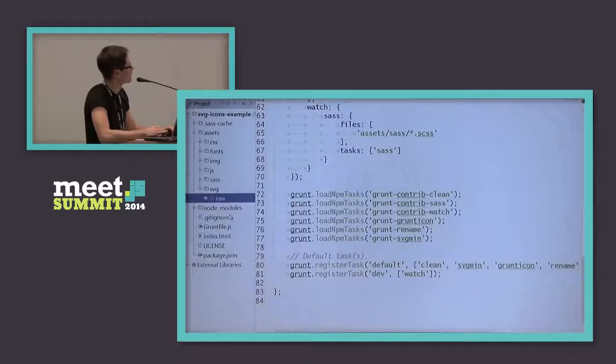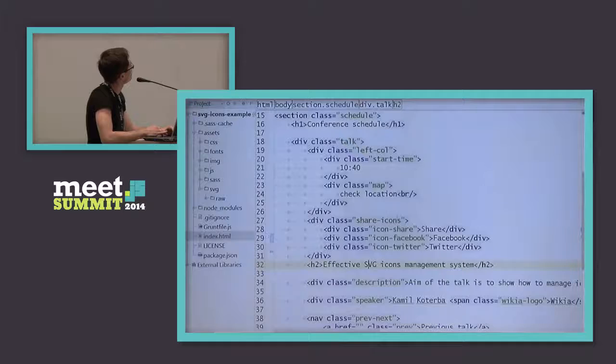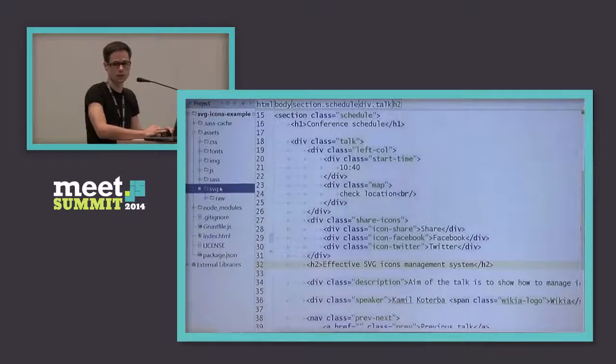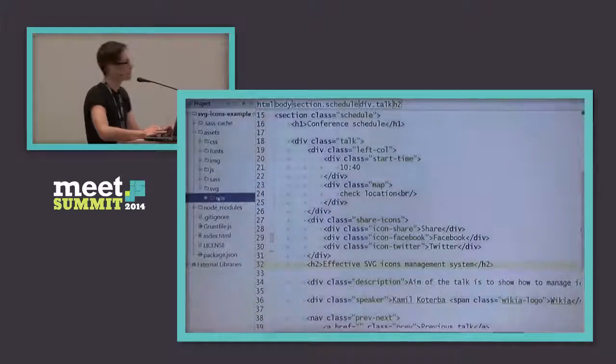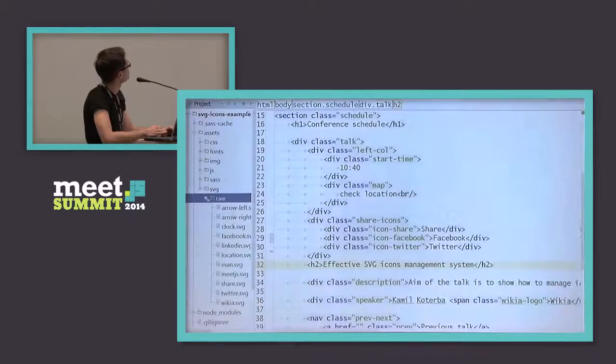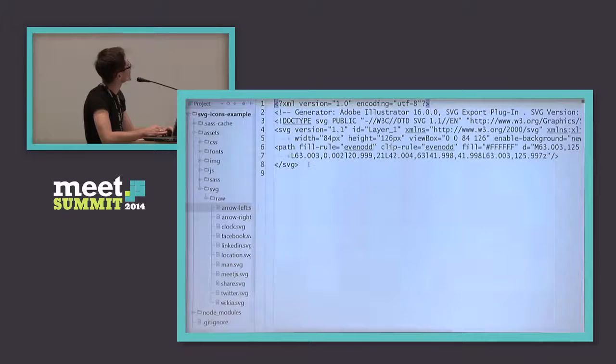So this is the code. It consists basically of a simple HTML file and some assets, CSS, fonts, and here comes our SVG directory. Right now it consists only of the raw directory that I showed you, and it contains some prepared icons that I put there before. I hope you can imagine this is an arrow right,